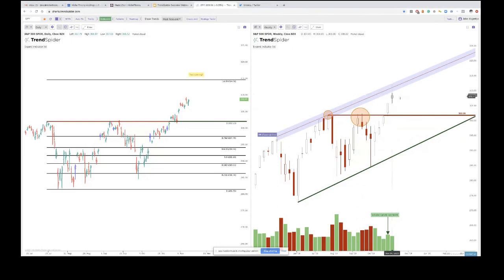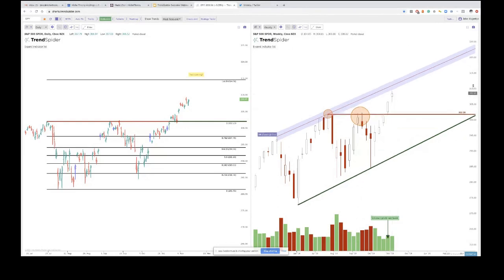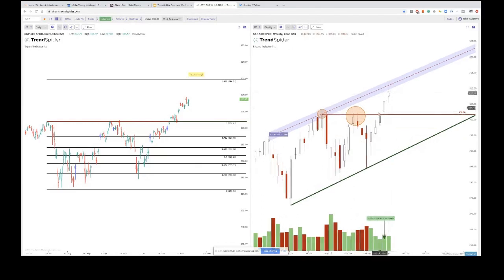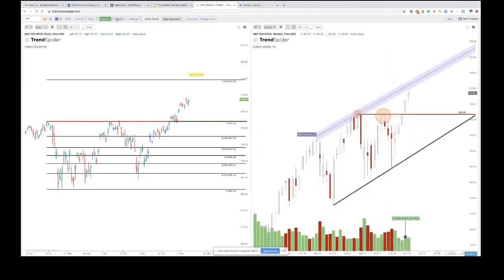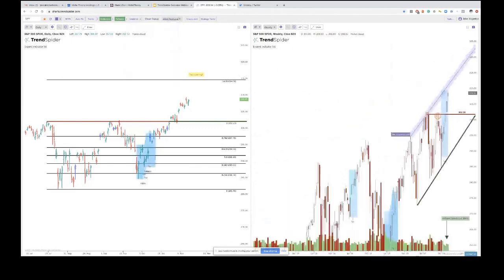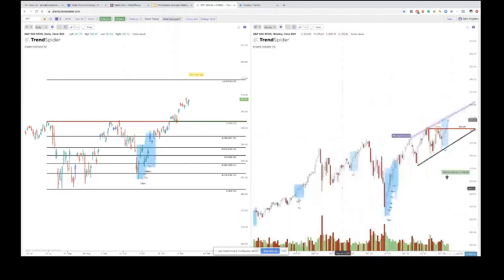So the cool thing about this is, we're on the SPY, right? We're on the weekly here on the right side of the chart. And we've had 5 weeks up in a row now, which seems like a lot. But if we actually turn on the pattern recognition and look for 5 green candles in a row, and we look at this on the long-term side of things,